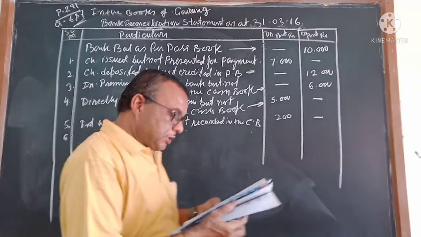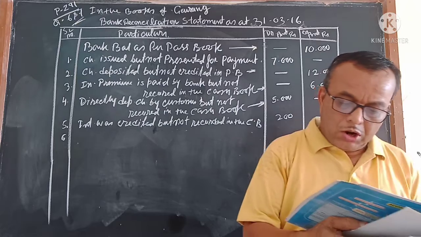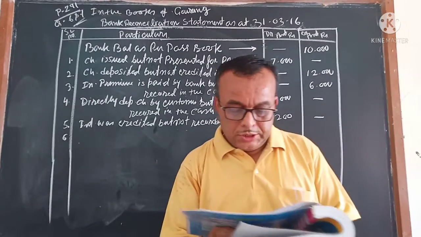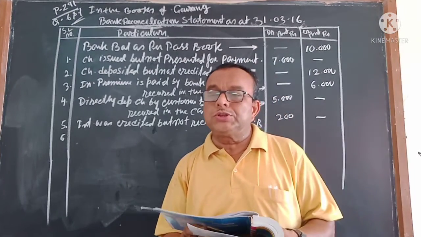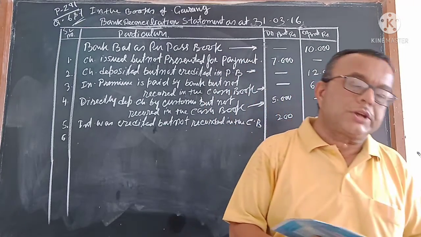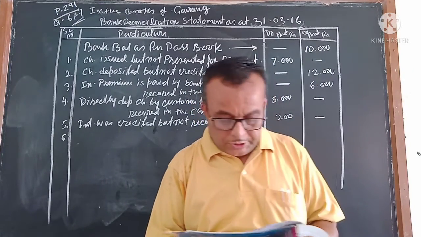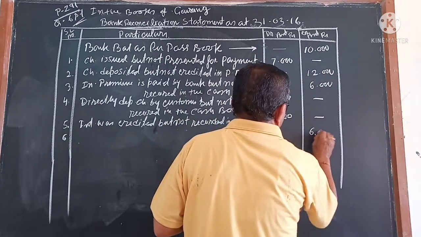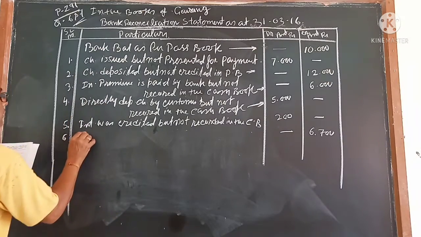A check of rupees 6,700 deposited with the bank is dishonored, of which the information is received on 1/4/16. The check was deposited and then became dishonored. When we deposited, it was debited and credited by the bank. Now that it is dishonored, the bank was debited, I should credit it. So 6,700 we should write in the credit column. Check